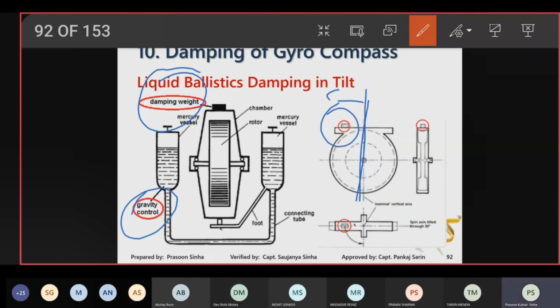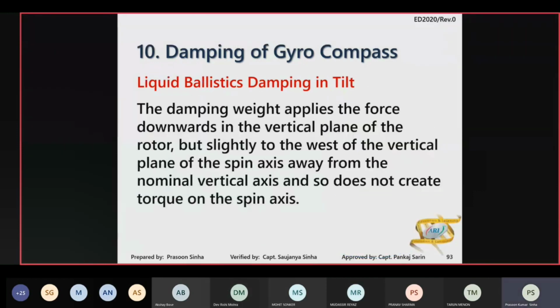If we look at the rotor from east or west, it is going to look like this. If we take a top view seen from above the rotor, it will appear like this. Next,